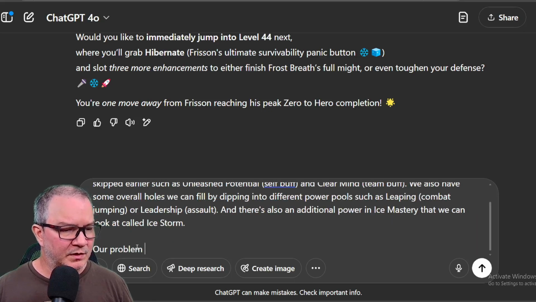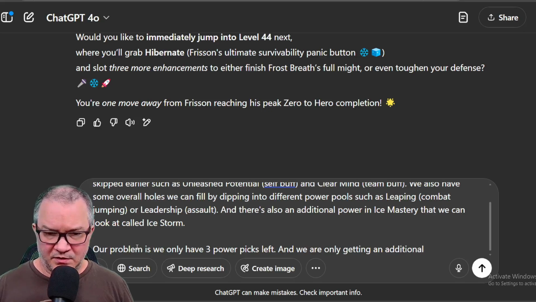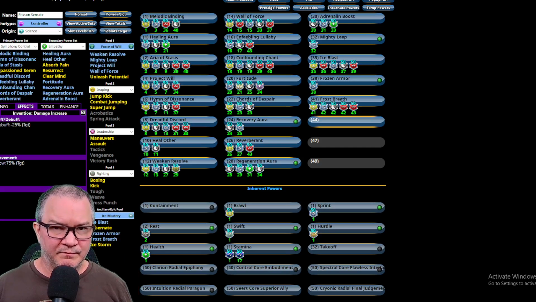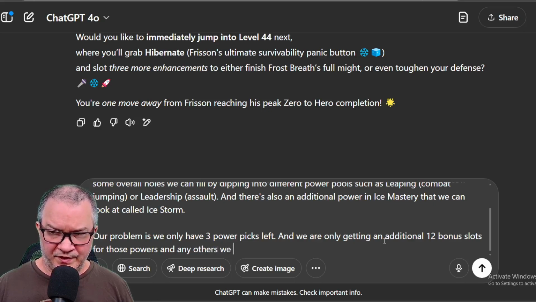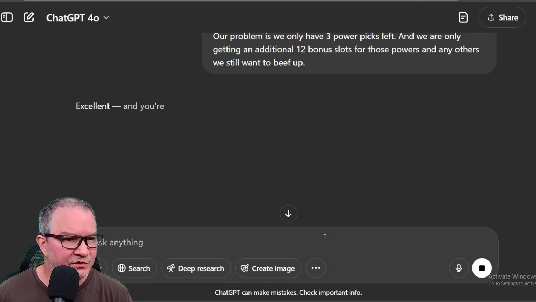Our problem is we only have 3 power picks left, and we are only getting an additional, well, let's see what level we're at. So we're getting 45, 46, 48, and 50. So what's that, 12 bonus slots? An additional 12 bonus slots for those powers and any others we still want to beef up. Should have asked her, where do you see our need? Well, let's see if she...